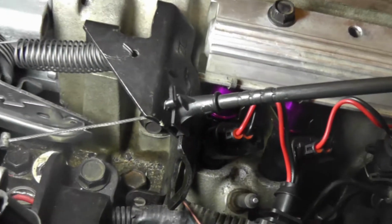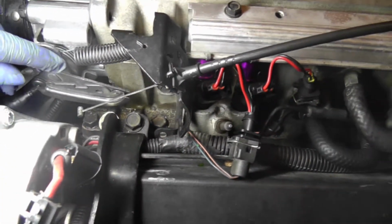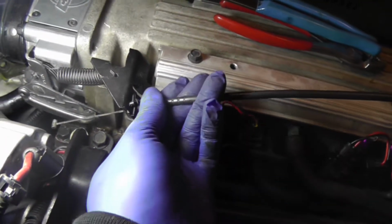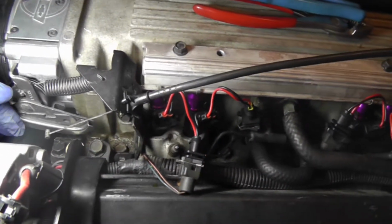Okay, this piece here is gonna slide in. It just slides in right there, like that. That piece just slides in right there like that. And this one, have to actually open the throttle up to get this little, dang, I haven't even been watching. Okay, sorry about that. Let me start over. You slide the throttle cable into the slot right here. Okay, and it's gonna snap in, but I don't want it to snap just yet. And then this little piece here